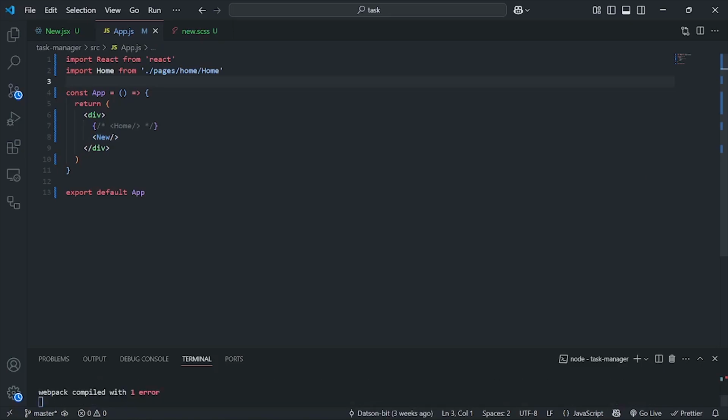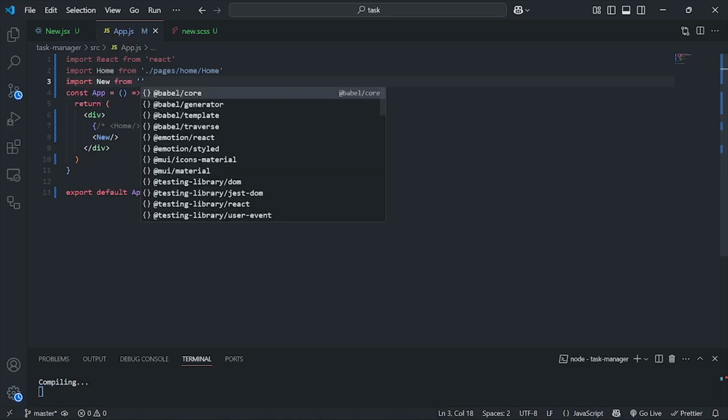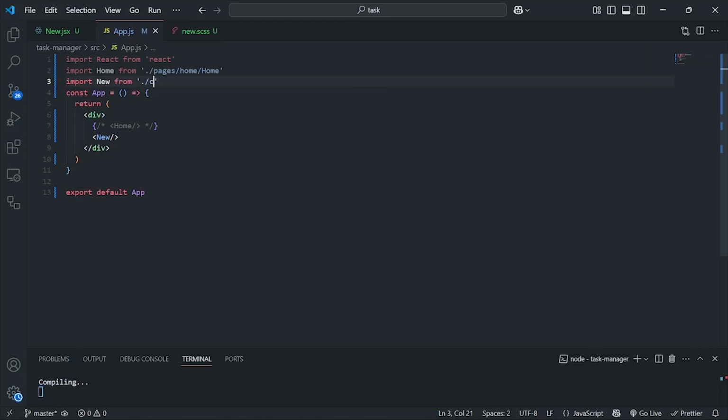So I'll say import new from dot slash component slash new modal slash new, like that, and save it. So saving this and going back to the browser, we should have just like a pure HTML text of what we are doing,